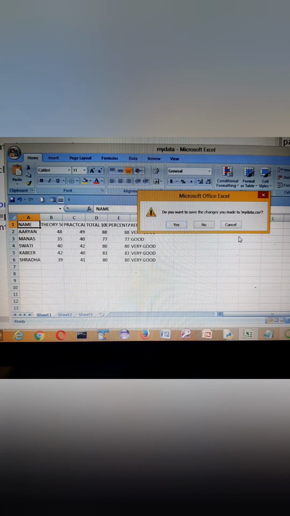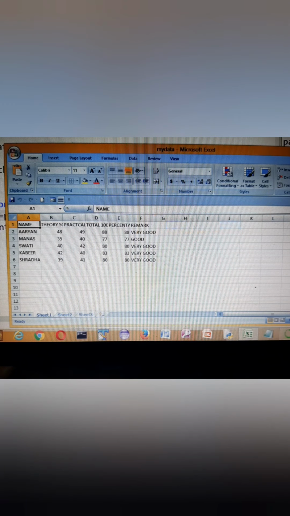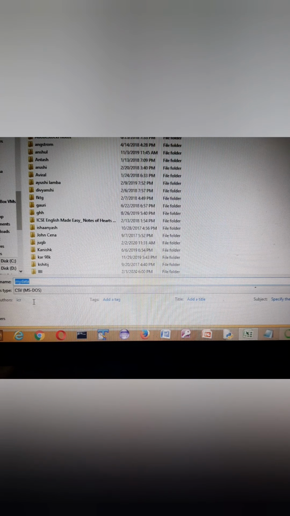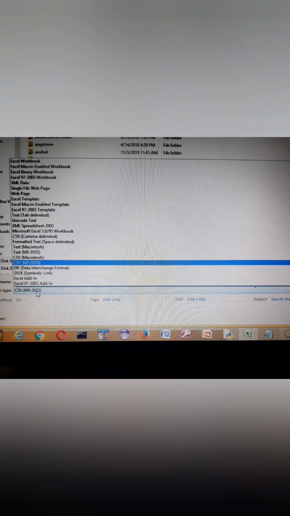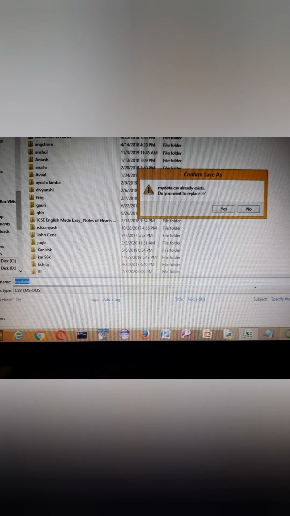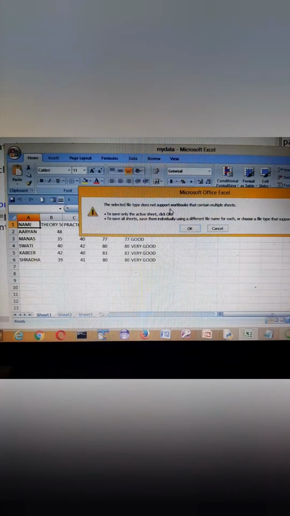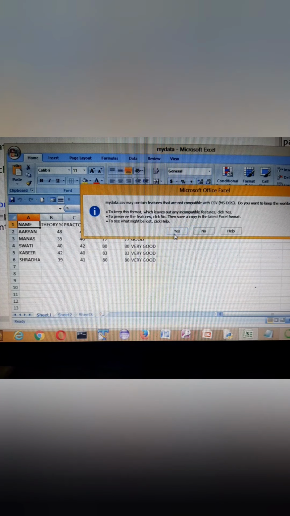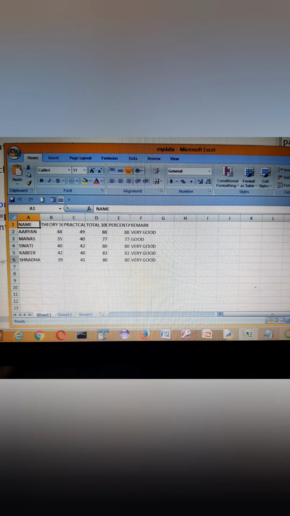I'll go to File, Save As, and here if you look, I have selected the option CSV from the list of the type of files, and the file name will be mydata.csv. So you do not have to write .csv, just write mydata and save it. Whatever messages come, say okay, yes and so on.